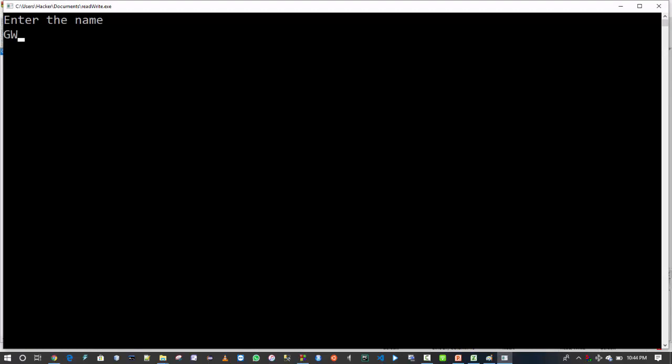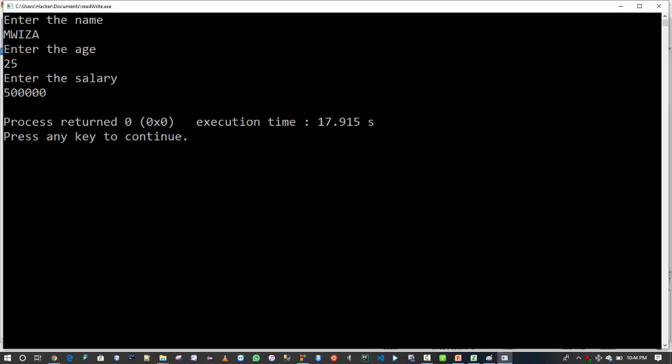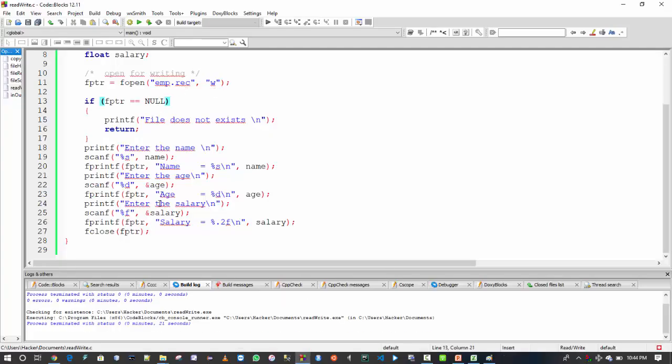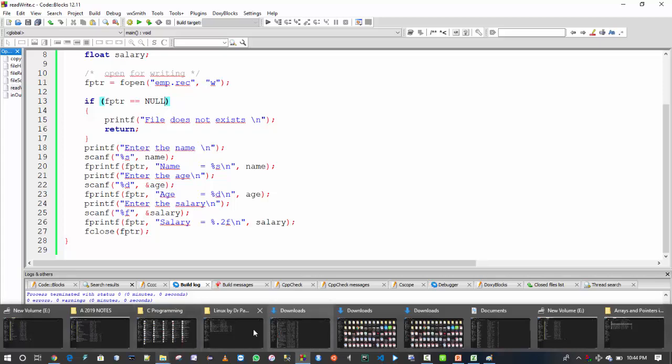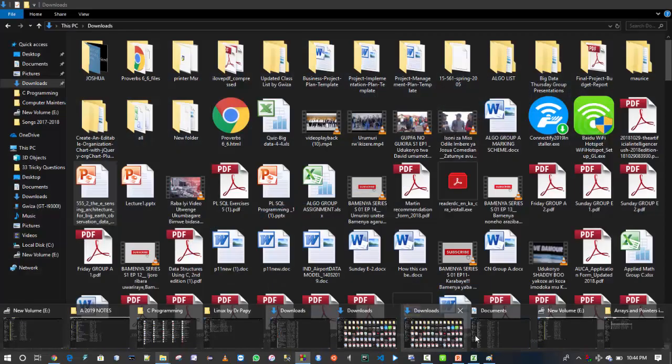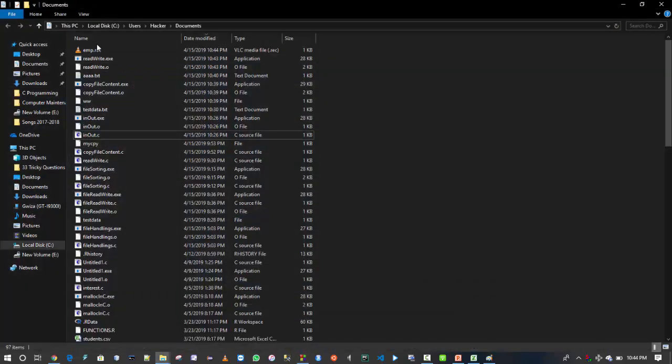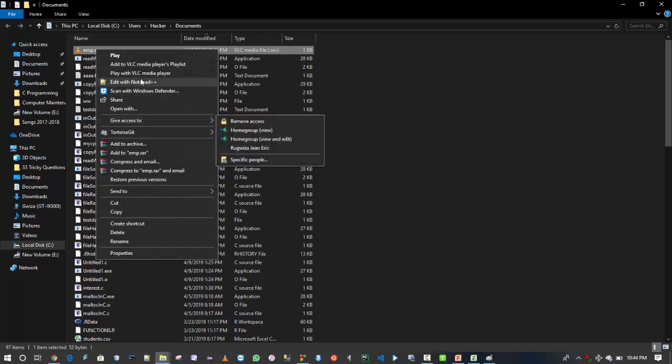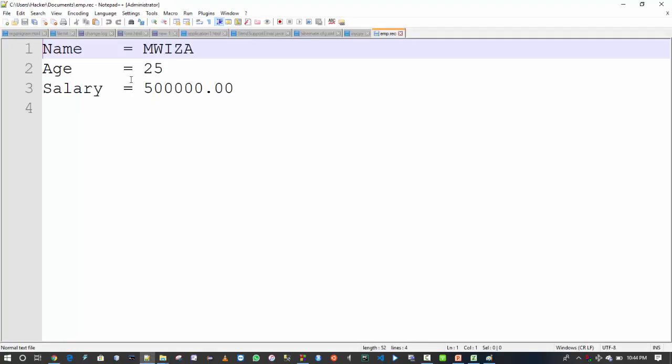Let me say my name is Gwiza. Enter your age. She's having 25. The salary that she's getting, I think she's been paid 500. So you can see now that this employee code, if we go there, you will see that we're having this employee code of ours. Then I will edit using this one. You can see that the name is equal to Gwiza, age is equal to this one, and